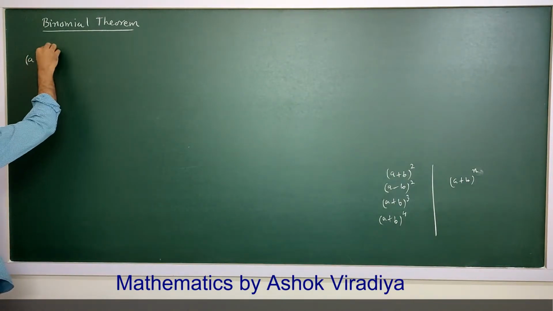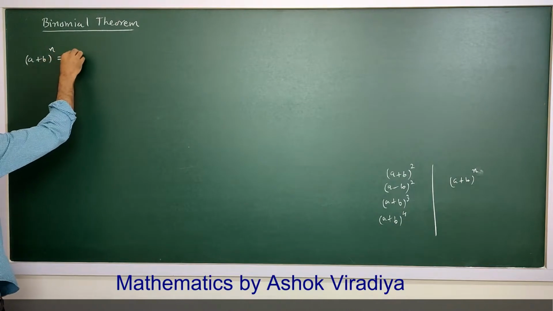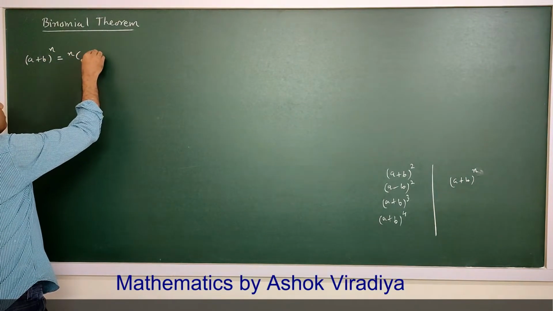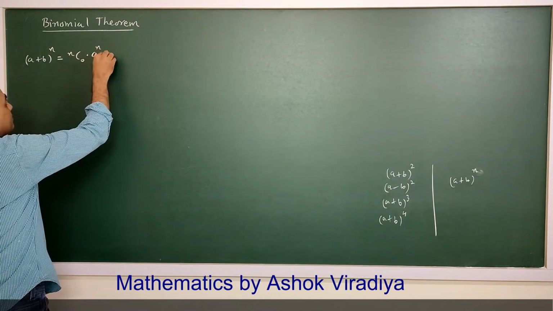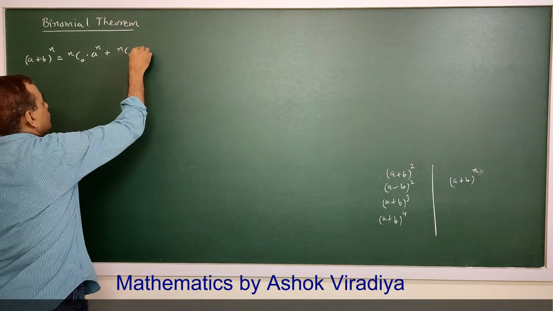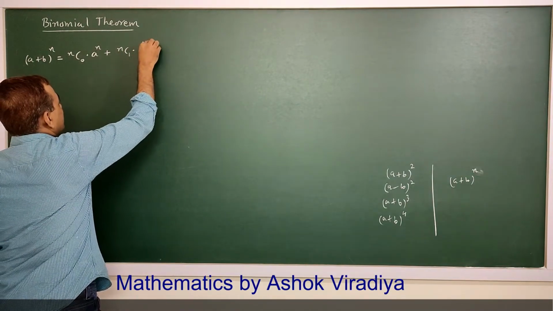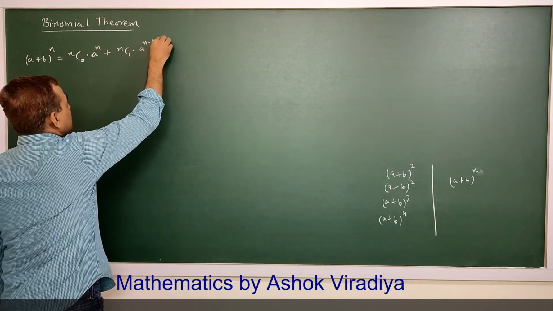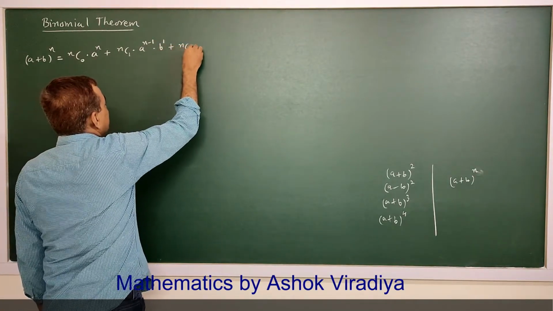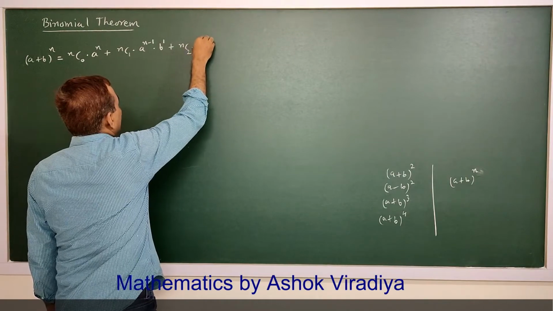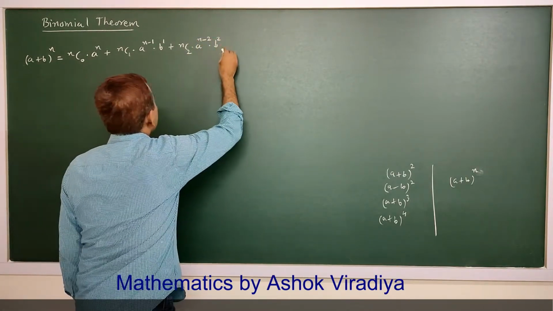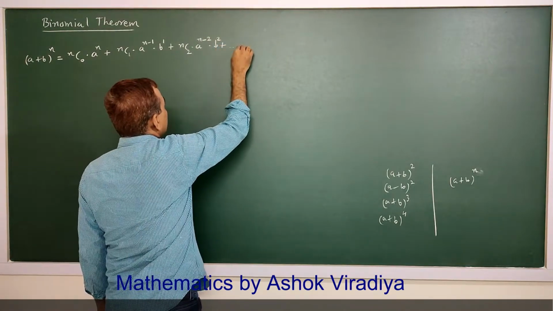(a plus b) raised to n is equal to nC0 into a raised to n, plus nC1 into a raised to n minus 1 into b raised to 1, plus nC2 a raised to n minus 2 b square, plus, in general,